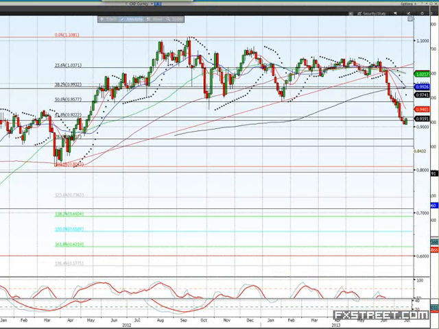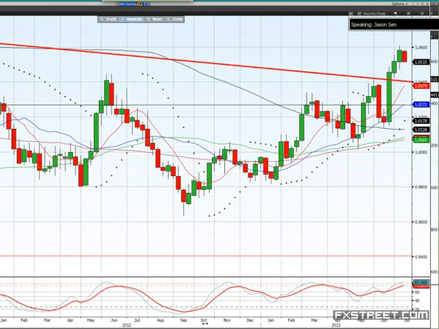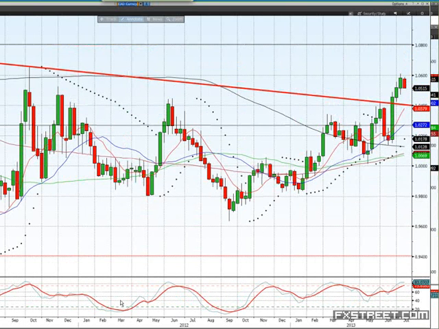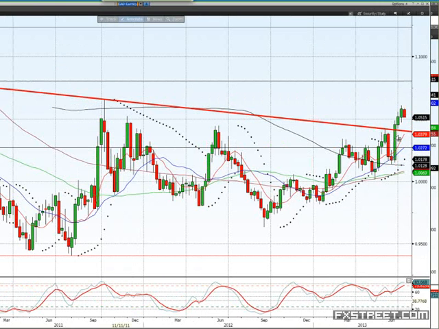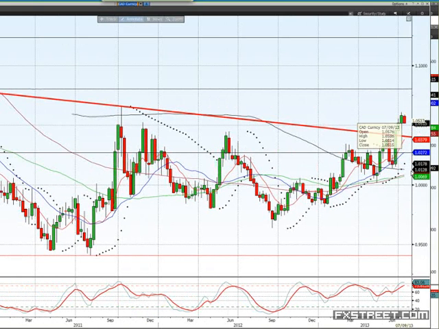We looked at this last time. I forget when the last webinar was, a couple of weeks ago probably, and we would have been just hovering above this trend line. Someone asked me to look at this, and I'd noticed that we'd broken above here, and I said as long as we hold above the trend line, which is fairly obvious, we'll go higher. So we've managed to do that, but then this week it's looking a bit more negative.